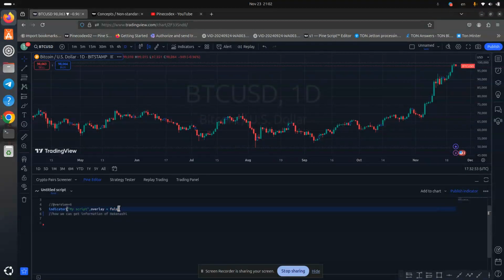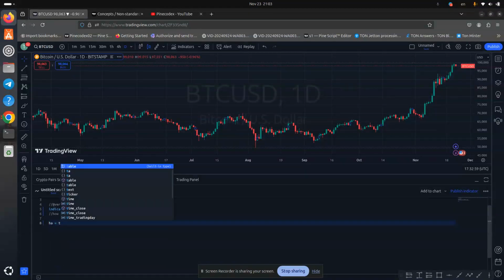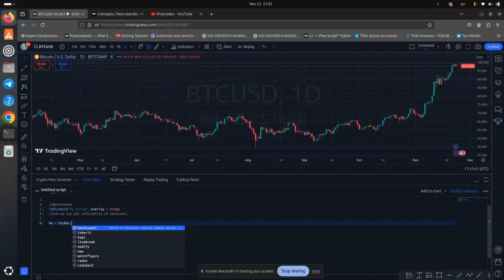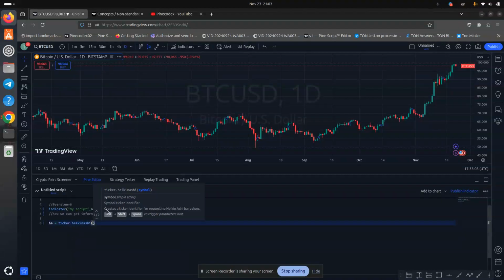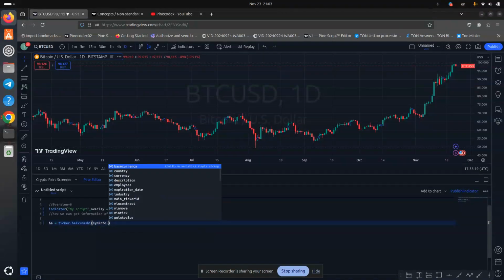Okay, let's use this function. Create a ticker identifier for requesting Heikenashi bar values. Which symbol? Our current symbol, so we use syminfo for that ticker.